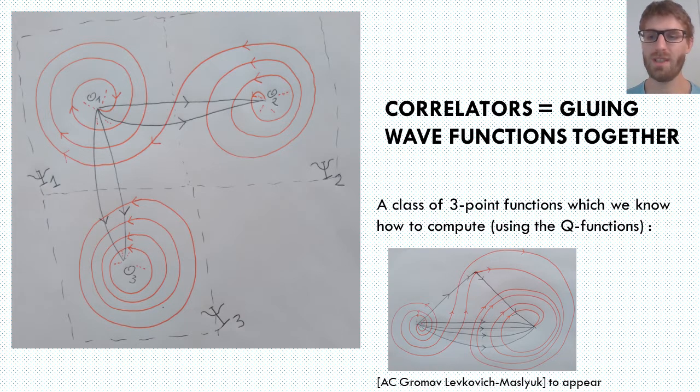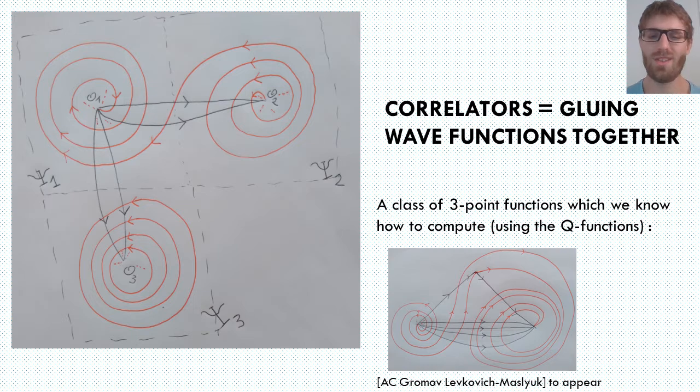However, there is growing evidence that once we use the separated coordinates for the wave functions, the correlators should become simple. There is a number of examples of this now, where it was found that correlation functions can be written in terms of some integrals over products of Q functions. The integrals are of the same type that we saw before in the quantization condition, but now the Q functions should come from different operators.